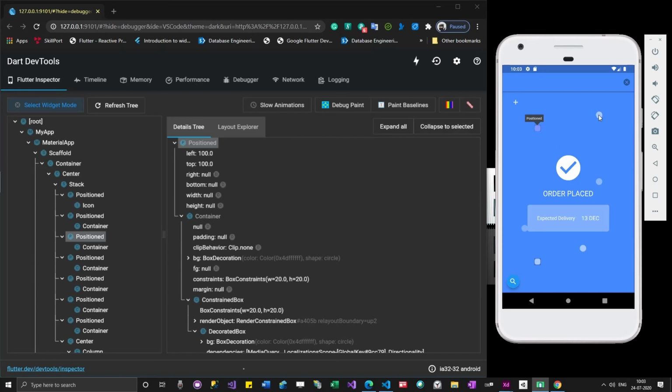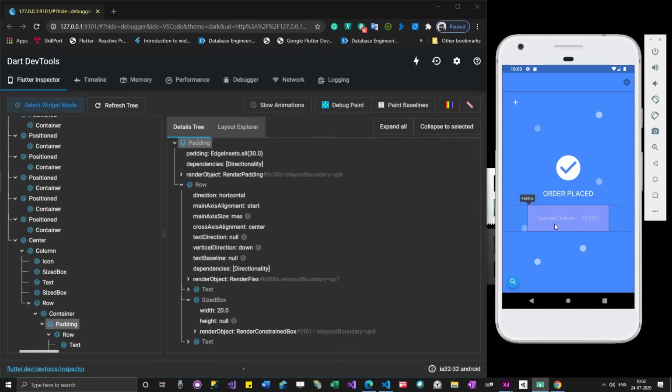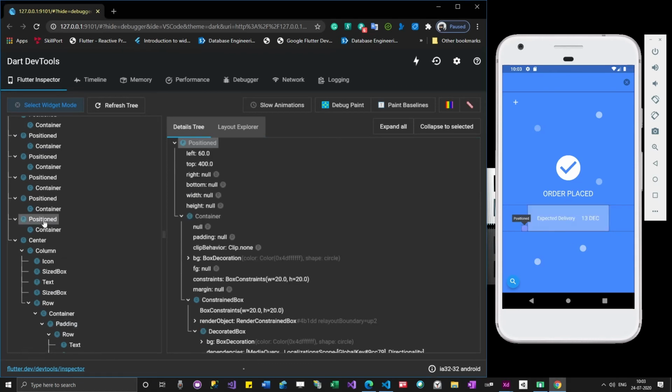Actually, most of the things should be selectable, but for some reason it's not getting selected. But anyways, let me disable this, enable again, and you can see that this container is selected now. So this is the one. If you see, this circle is so close to this container, right? I want to move it. So what I could try is,